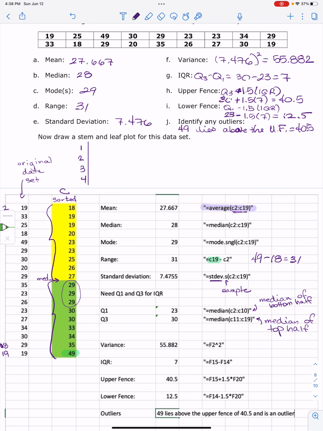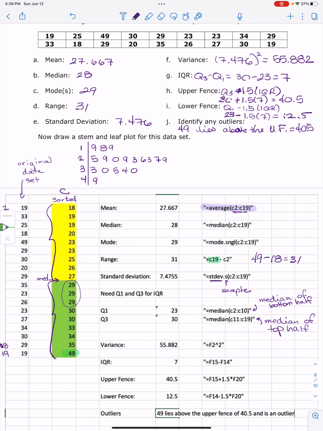The first term is 19, so there's my 1, there's my 9, that's a 19. 33, 25, 18, 49, 29, 30, 20, 29, 35, 23, 26, 23, 27, 34 and 30,